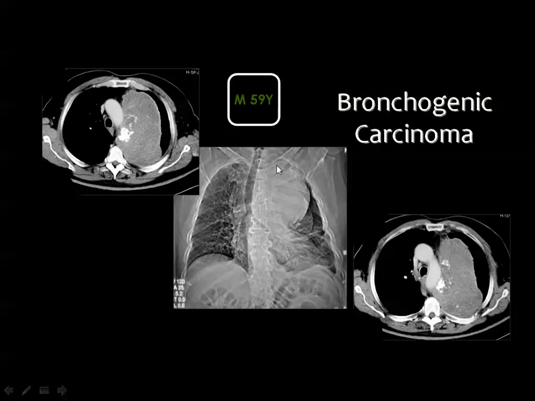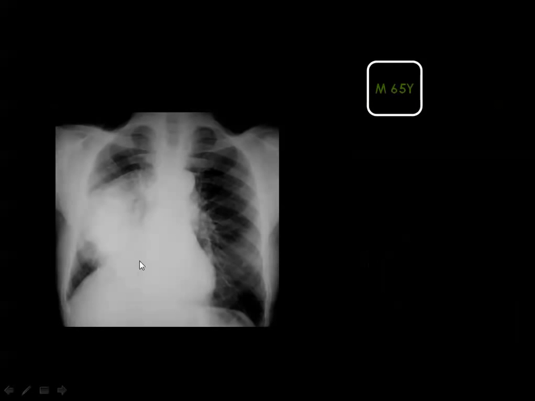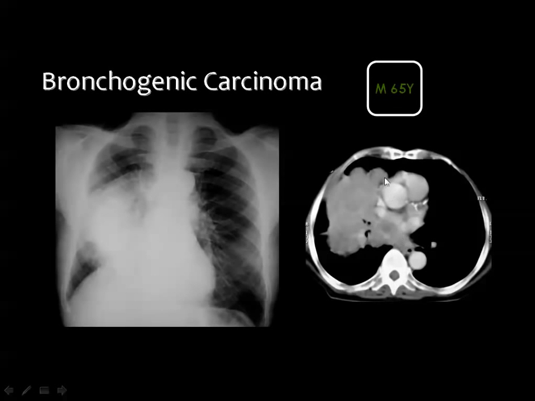Then if you see a mass like this and you did a CT scan, the mass is solid, it contains calcium, does not make a difference, and this is a bronchogenic carcinoma. The mass has a smooth edge, does not make a difference, this is a bronchogenic carcinoma. And if you see a mass in the lung and you see by CT scan that this mass is solid, then you consider a bronchogenic carcinoma if the patient is adult,